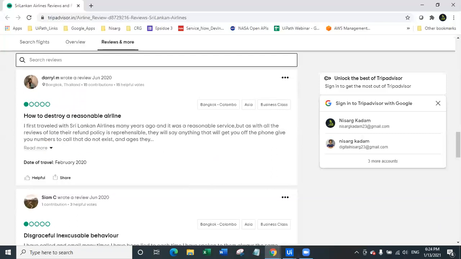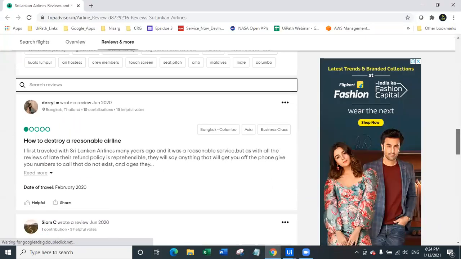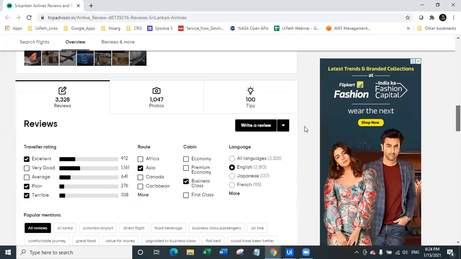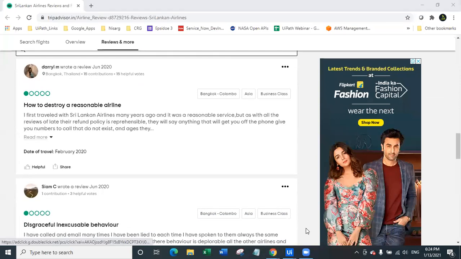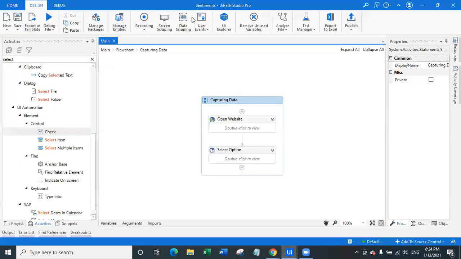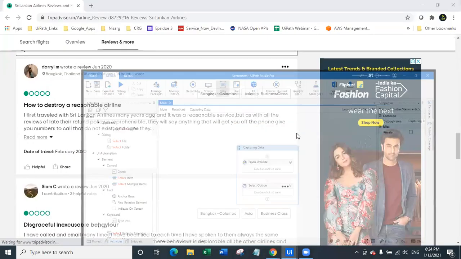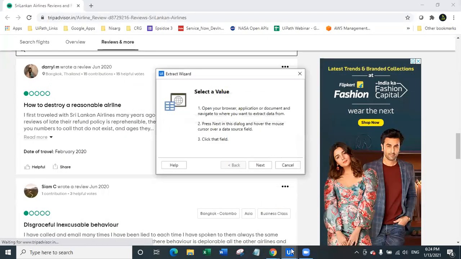For that, I have to keep the application open on screen, just like this. And then I'll have to start the data extraction. So what I will do is simply navigate to this one. I will simply say data scraping. I hope you have seen the option. So this is the option which I